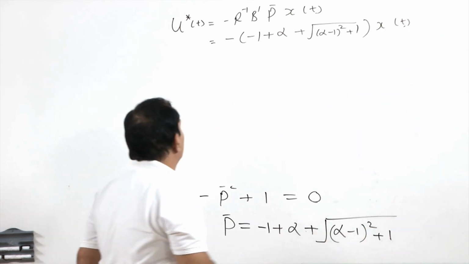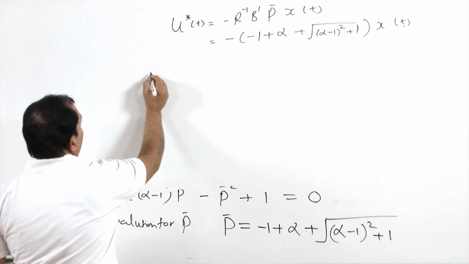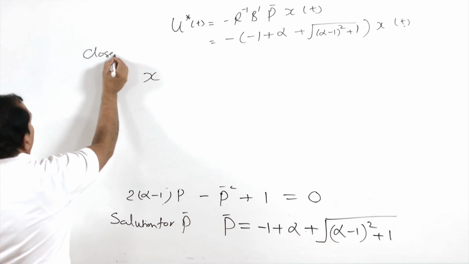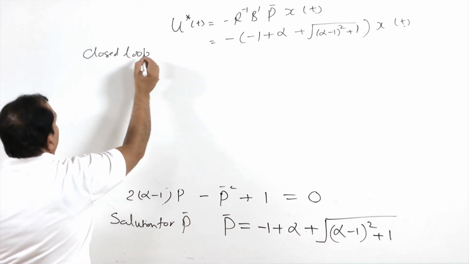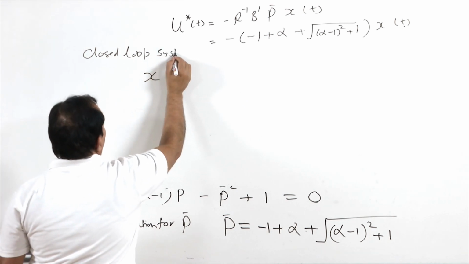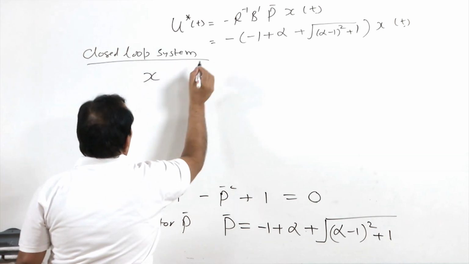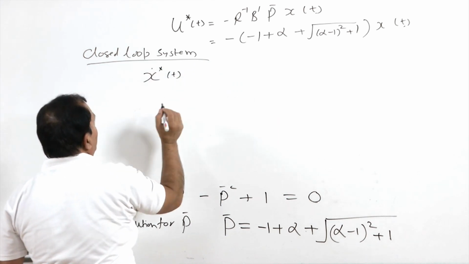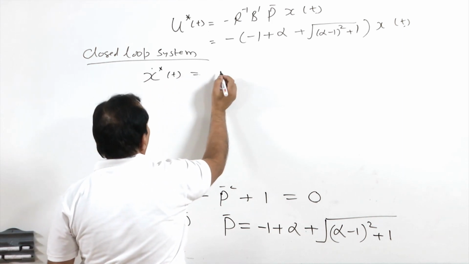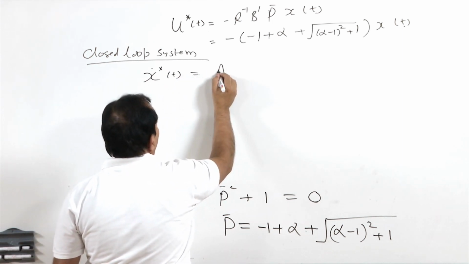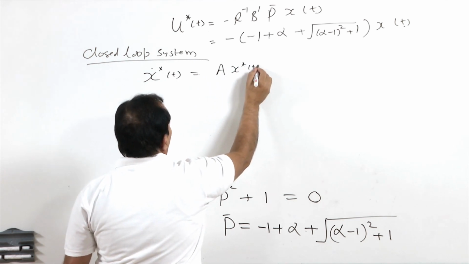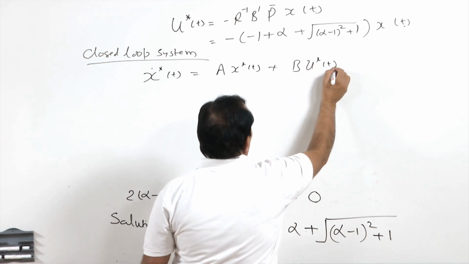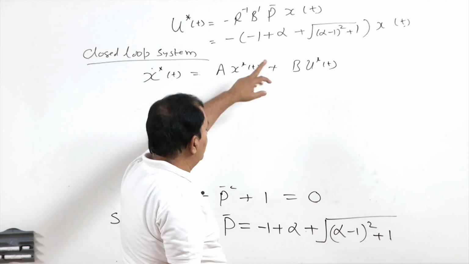If this is so, then my closed loop system will be x dot t as A x t plus B u star of t,